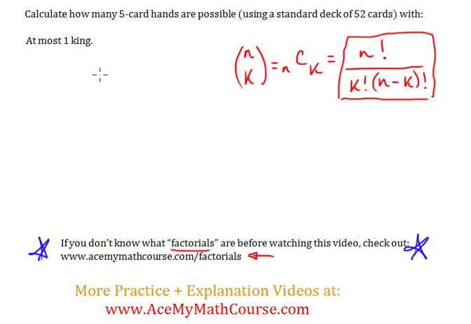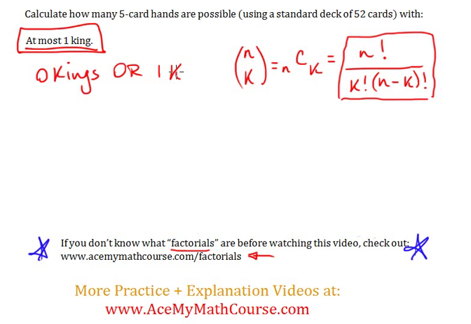So let's calculate how many 5-card hands are possible using a standard deck of 52 cards with at most one king. So what does that mean, at most one king? Well, we're either going to have 0 kings or one king, right? So for 0 kings, basically there are 4 kings and you're selecting 0 of them, and